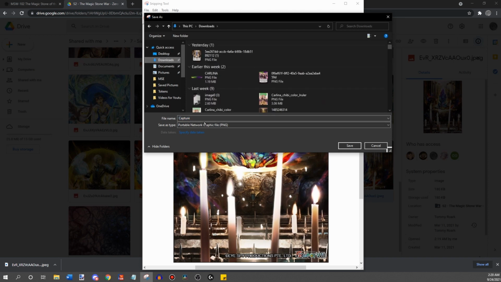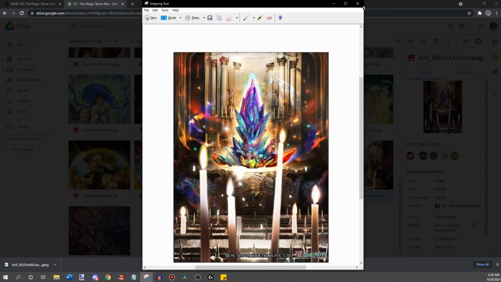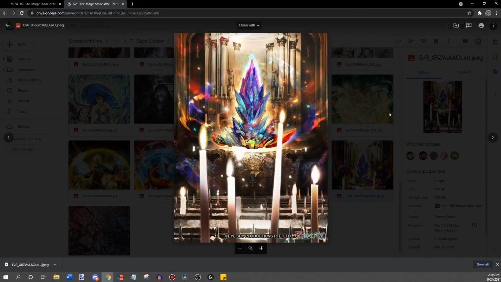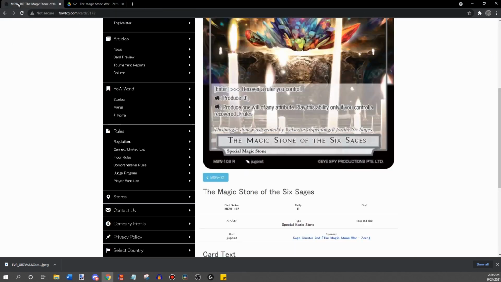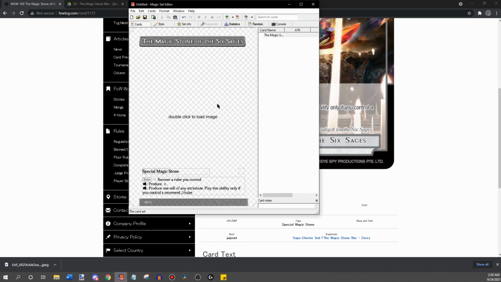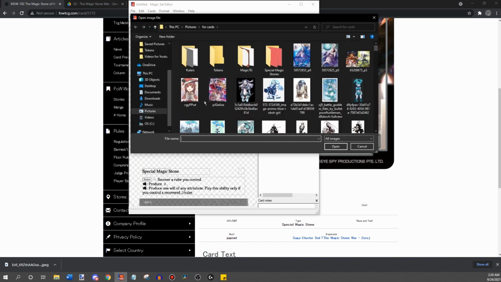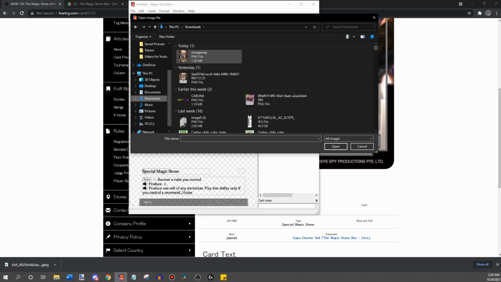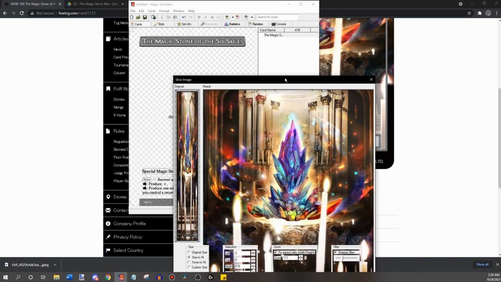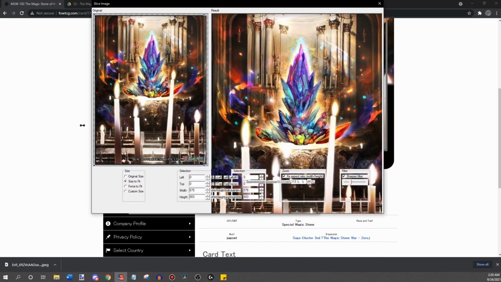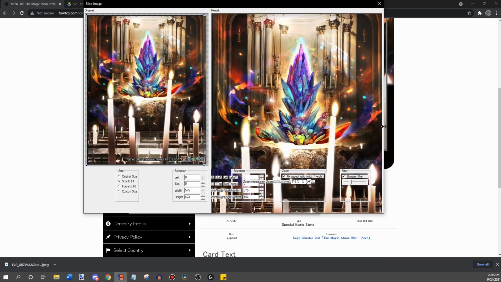I'm also gonna do something just on the off chance that it's just being funky. Just gonna take our little snippet tool, and I'm just gonna make a little snippet of it. Yeah, I don't know why, because for other images it's been working fine. So let's save the snip. We'll put it in downloads and go ahead and just type in 6 sage snip. I'm not a big computer tech guy, so I don't know what the issue is that's going on there where it doesn't load in. But we gotta do workarounds, you know? Alright, so let's double click. Let's go to our downloads. And there's our little snip there. Don't know what's going on with the regular image. But we got this going on, so we're just going to